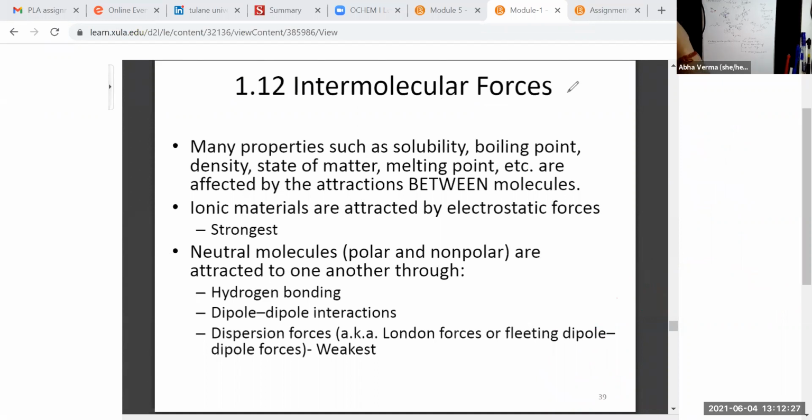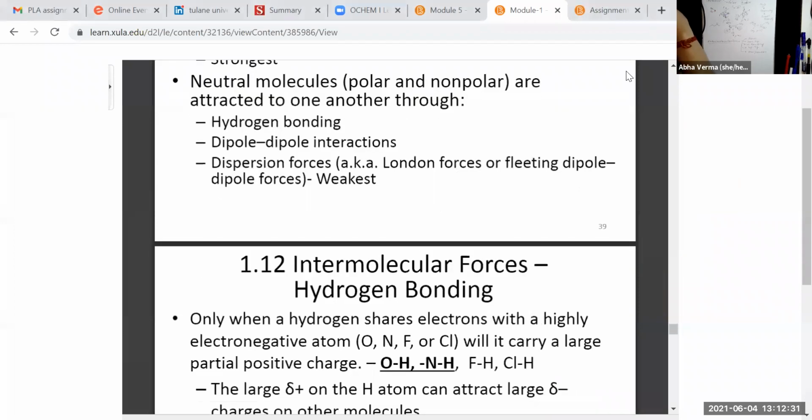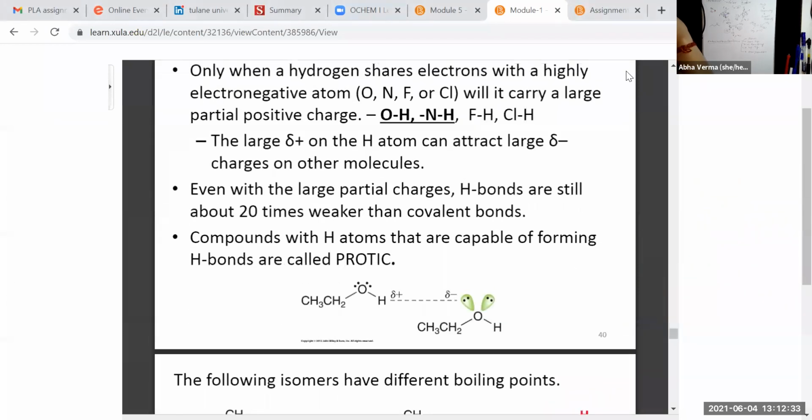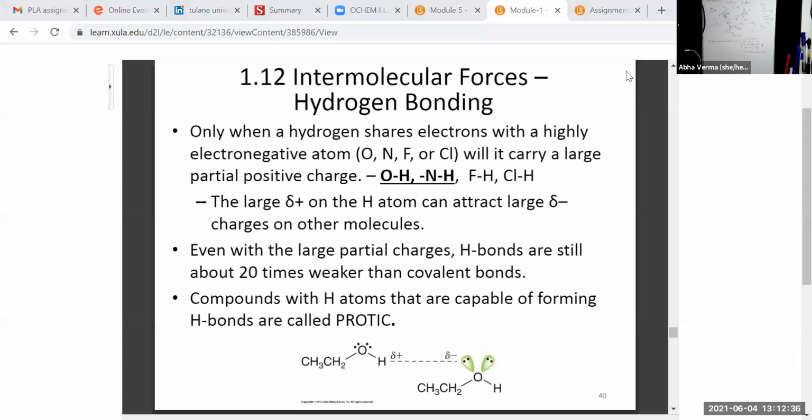Now, hydrogen bonding indeed is a very, very strong kind of bonding. But when does hydrogen bonding occur? Hydrogen bonding will occur whenever you have a hydrogen next to an electronegative atom only. At that time, when the hydrogen is next to this very electronegative element, hydrogen will carry a large partial positive charge. So going back, when you have an ion dipole,